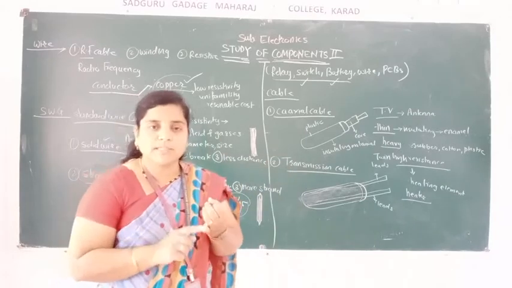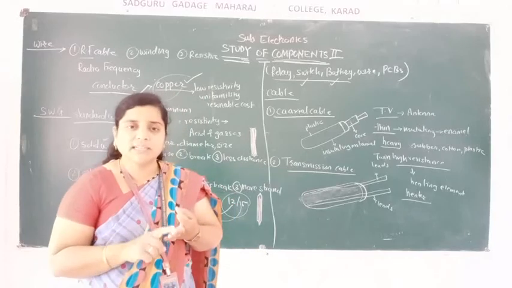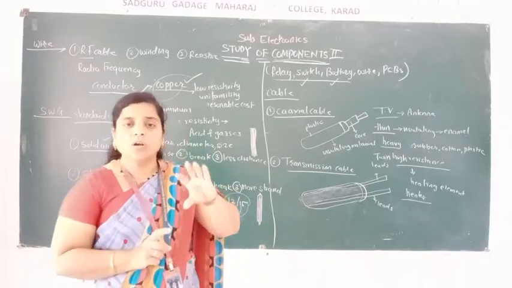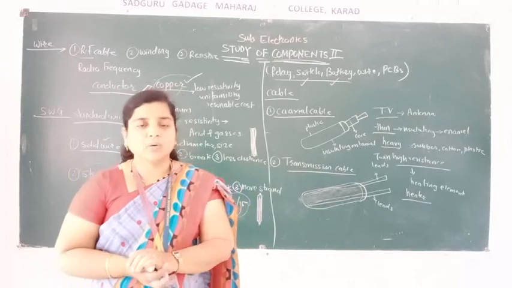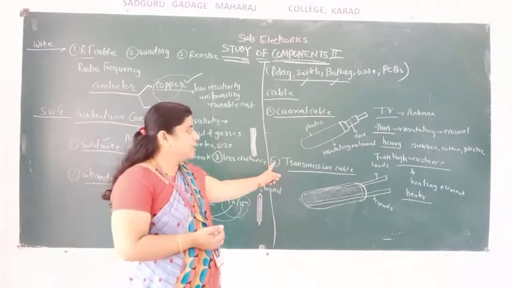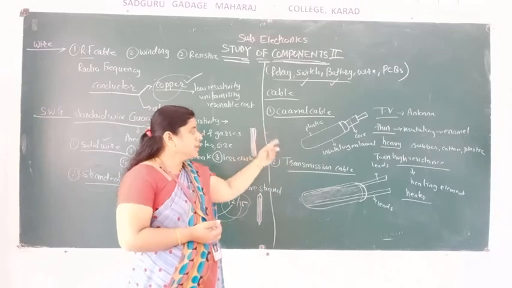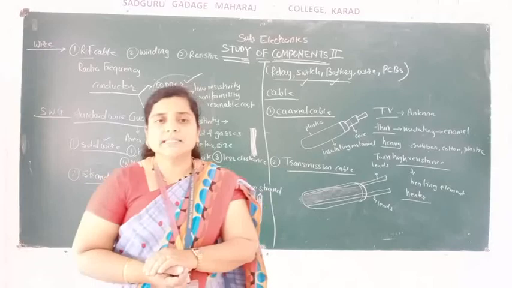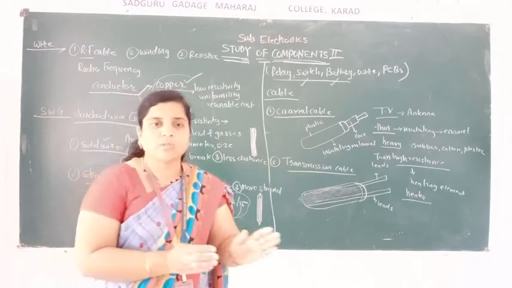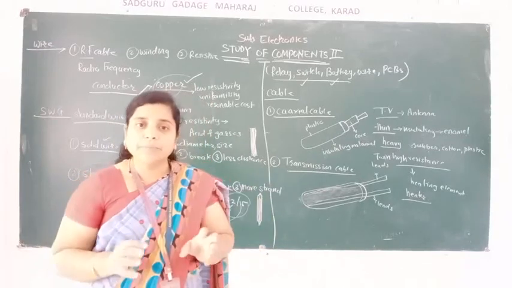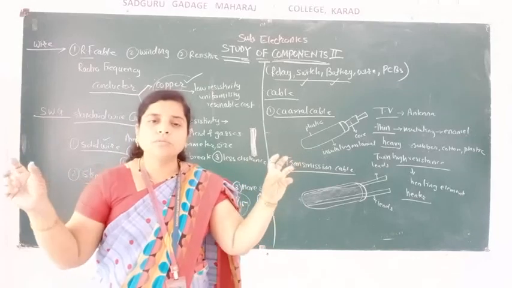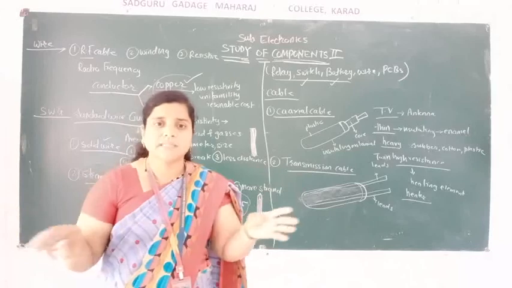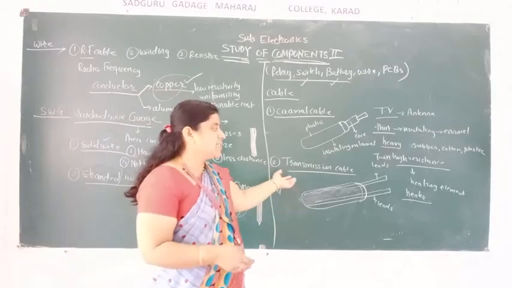All cables, that is straight pair cable, shielded cable, non-shielded cable, then coaxial cable, fiber optic cable, are there in 12th standard. Only two cables are mentioned in your syllabus, that is the coaxial cable and transmission cable. Transmission means what? To transfer. To transfer a signal, in the computer from CPU to monitor or CPU to peripheral devices, you have to send some signal. At that time you use the transmission cable.